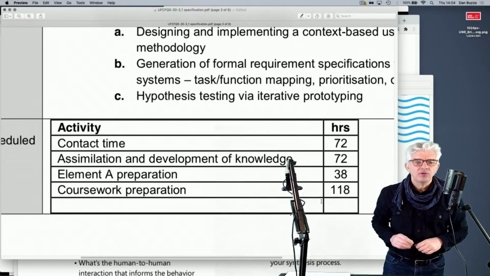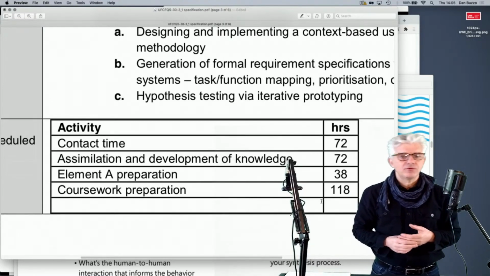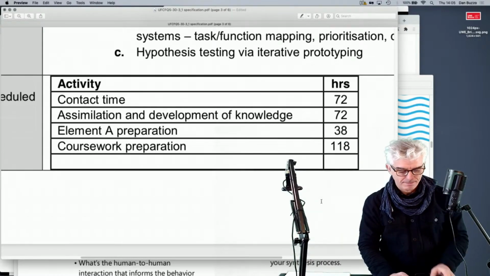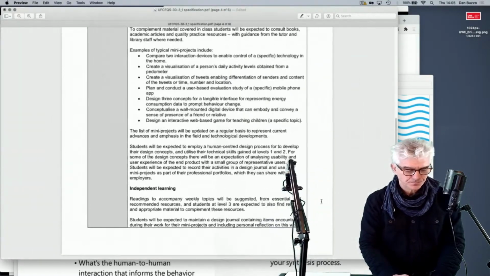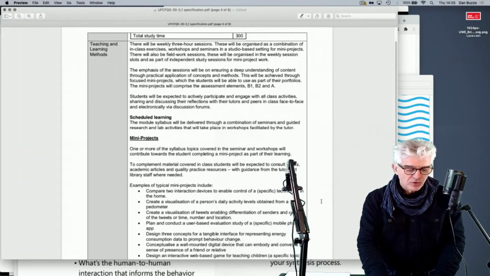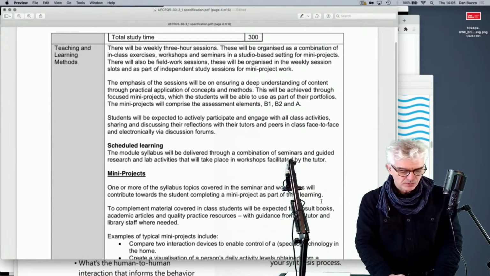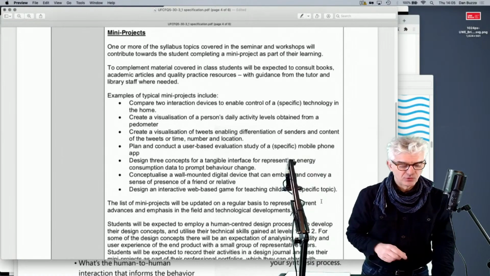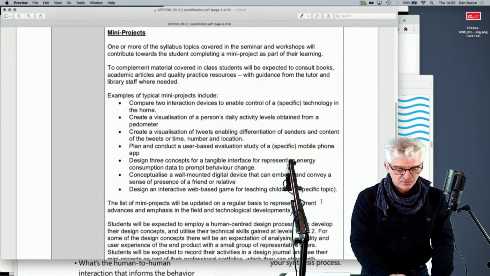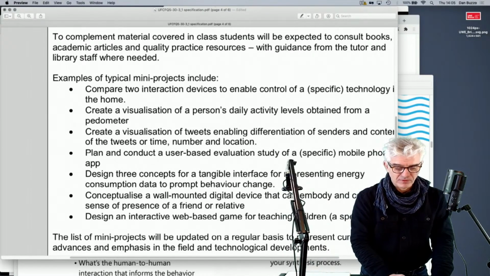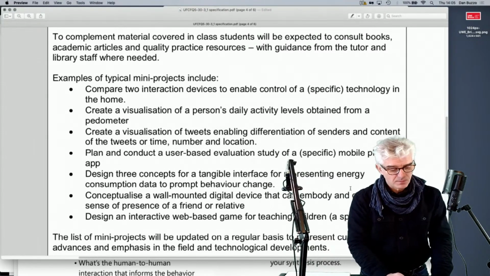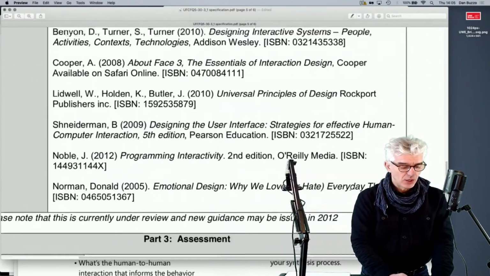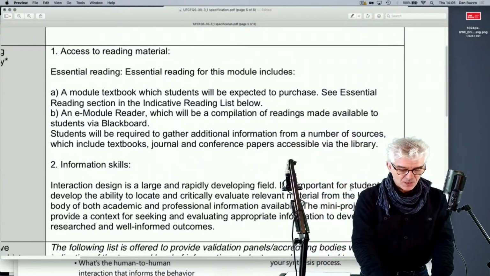At least 120 hours into the development of your coursework, you'll go through different parts of research, development, iteration, testing. So there's going to be a range of workshops. These are scheduled for you. You're going to go through primarily building small mini projects where you're comparing interactive devices, looking at the control of a specific technology in the home, and you're going to do a range of independent reading and learning, and that's going to be assessed